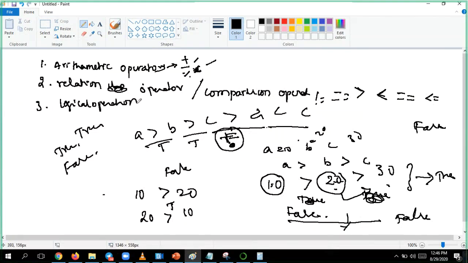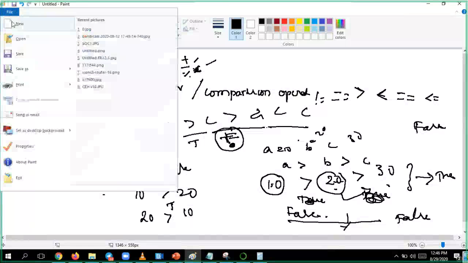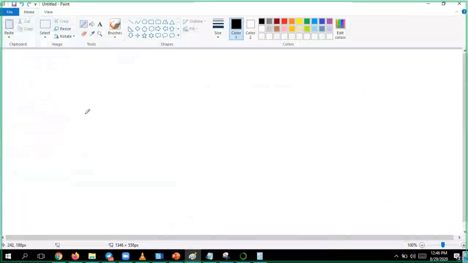Remember the names, guys: arithmetic, relational, logical operators. Now we are going through the logical operators. First logical operators: AND, OR, NOT.